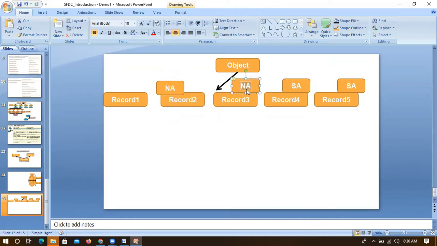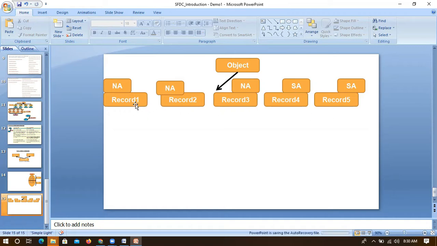Once you control data, by default there should be one record type. The default will be NA only. So if someone is creating data and doesn't mention a record type, by default there should be one record type, and I'm taking NA as the default, North America region. So for record 1 we can have record type NA, and for record 2 like this. And for record 4 and 5, I want to capture that information only for specific SCA data.